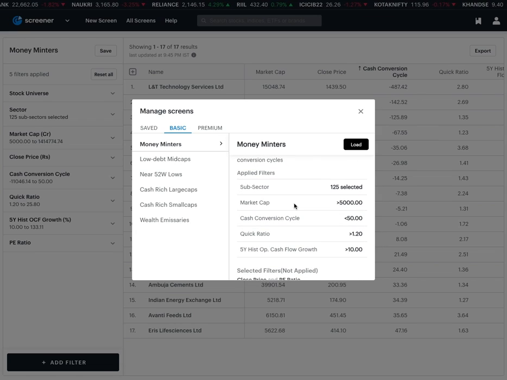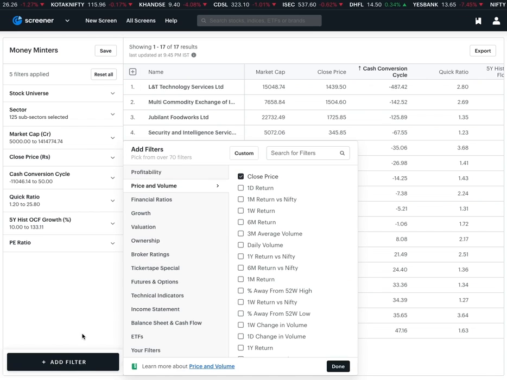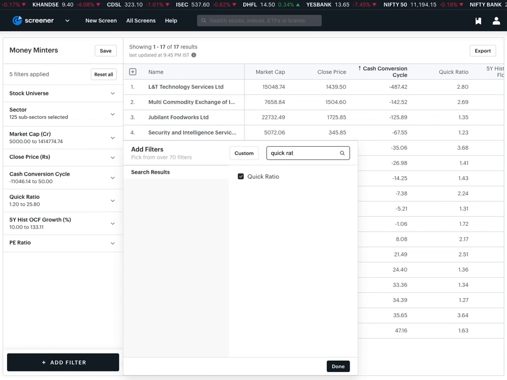Now say we want to look at certain other metrics as well in order to temper our result set. What it means is that we also have to apply certain sanity checks to the result set that is coming in. So we have used quick ratio here. Let's go to the filter pop-up and very quickly pull up quick ratio, and see what the definition says. In case you're not familiar with any of the filters applied on this page, we can always go to add filters, search for that filter and see what the description is.